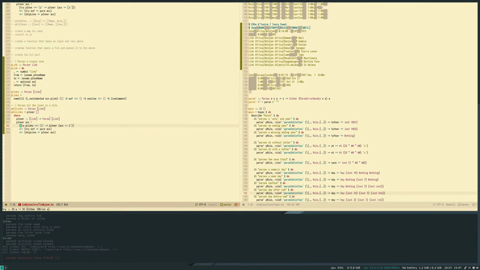So let's try this. So we can do g links, and then we can do a dbg link for now. Let's see if we get more info.